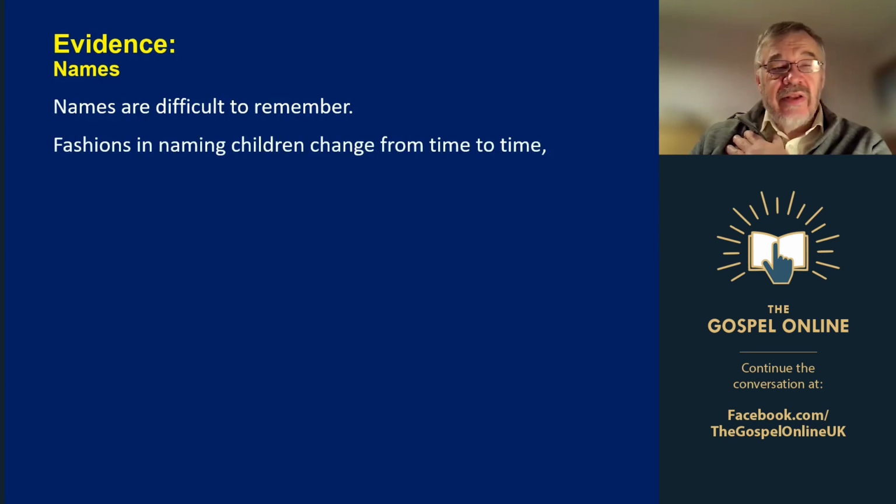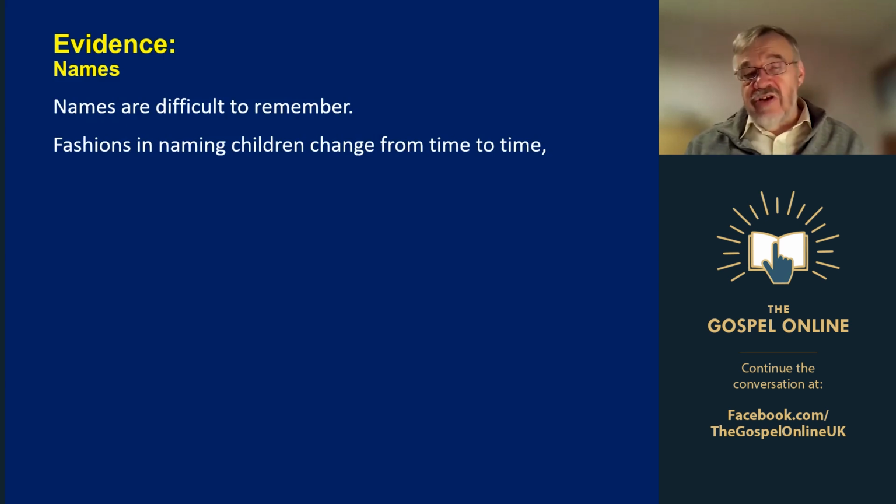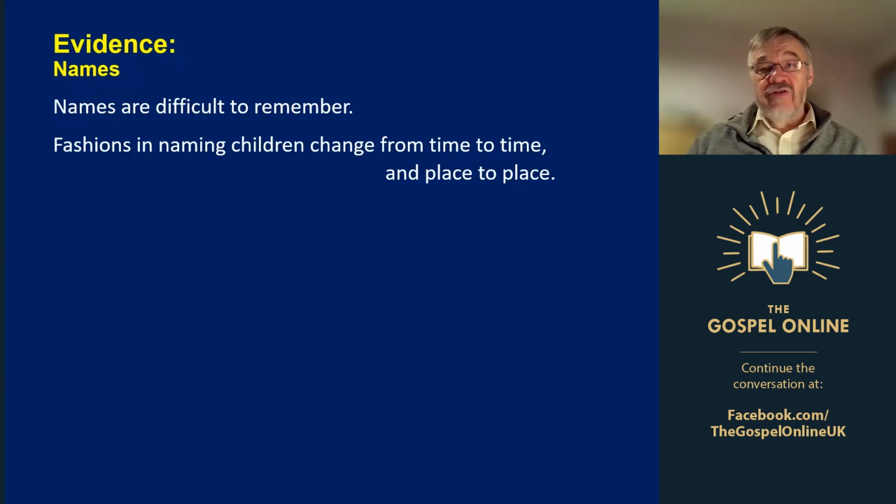And the fashions in naming children change. So if you look at the various different census records and see what people are called, you hardly get anyone called Algernon at all nowadays, but it was very fashionable in the 1920s, and so on. So from time to time, names change, the way that people call their children change, and it goes from place to place. So what people call in France is fairly different from what they get called in Britain, and even England and Wales have a different distribution of names from one another.